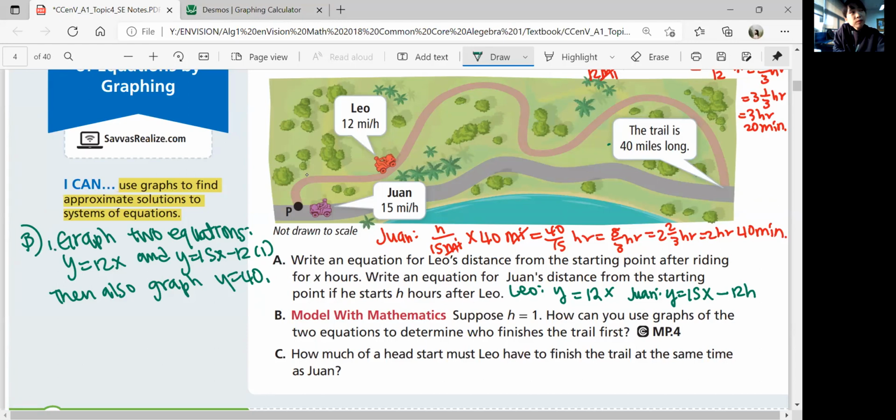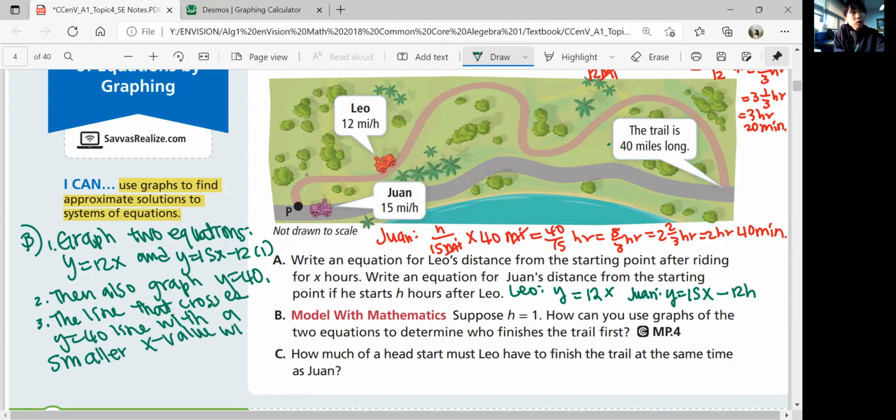So that is your steps. First, graph two equations, and then also graph the y equals 40 line. And how do you know? The line that crosses the y equals 40 line with a smaller x value will be the line of who finished first. Okay. Part C, how much of a head start must Leo have to finish the trail at the same